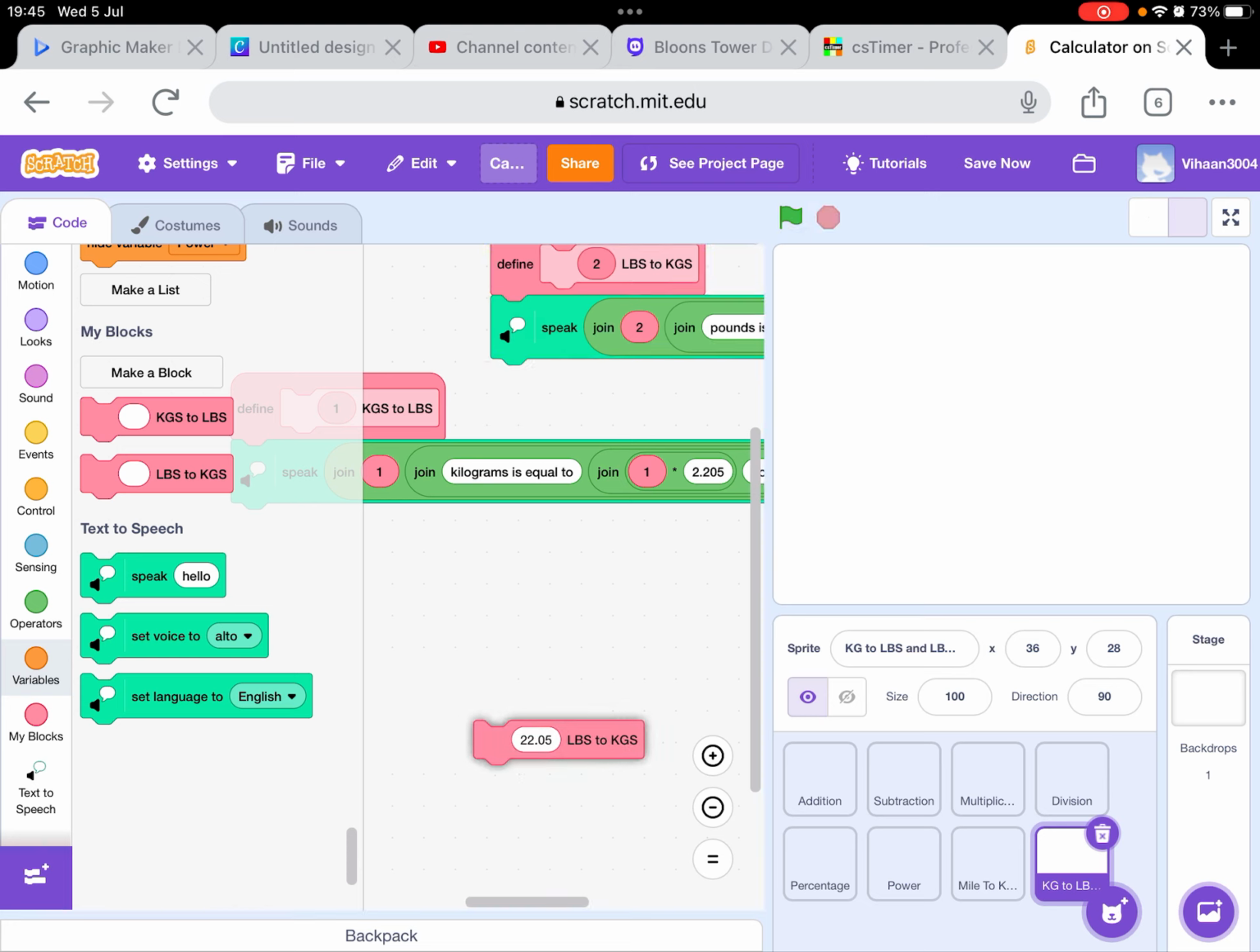There we go. We have created miles to kilometers and kilometers to miles, and we have created kilograms to pounds and pounds to kilograms. In the next video,